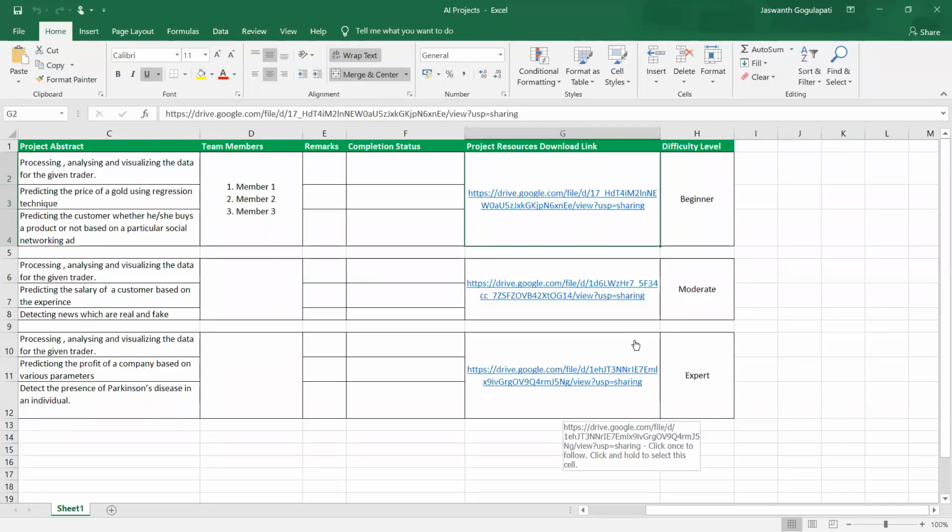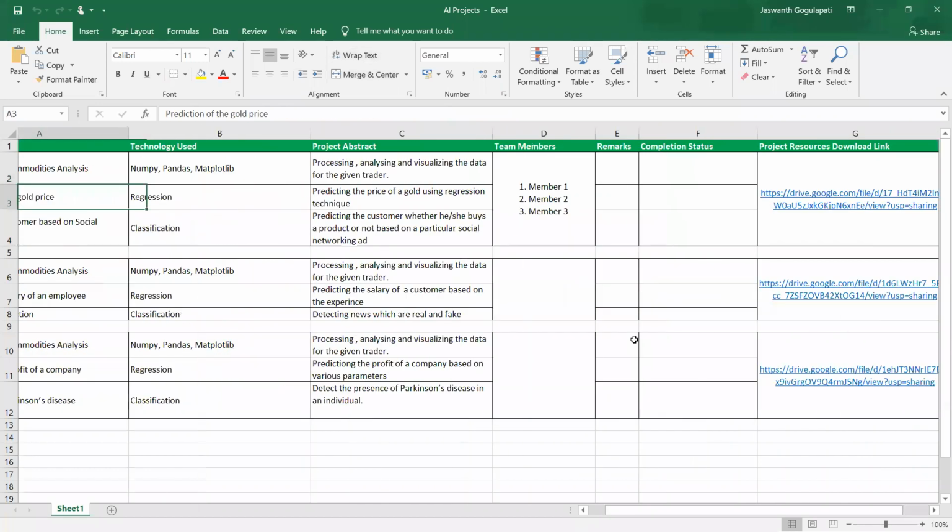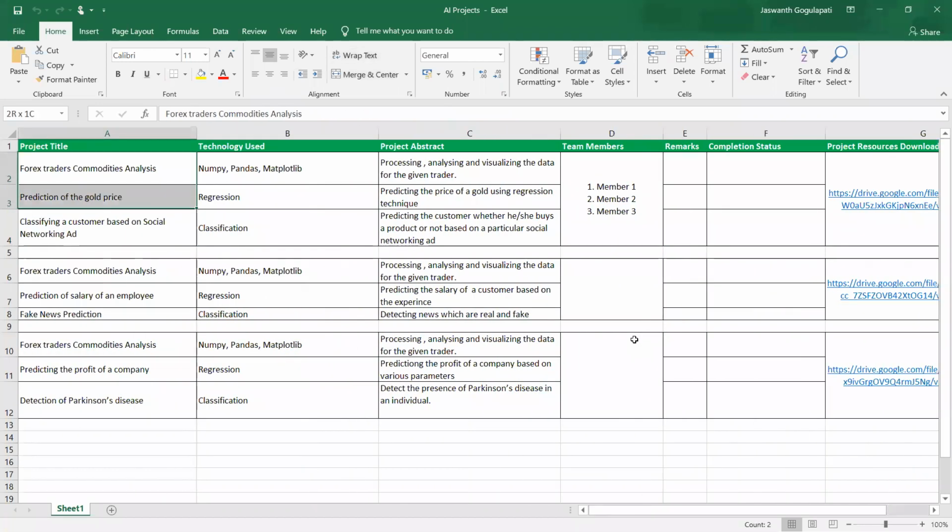For example, projects 2, 3, 4 are related to beginner projects. These 3 projects are related to beginner, and then 5, 6, 7 are related to moderate, and 10, 11, 12 are related to advanced.